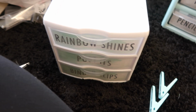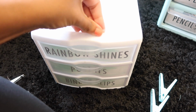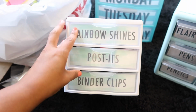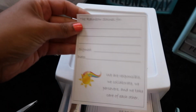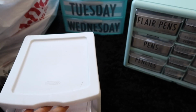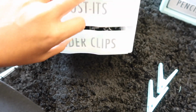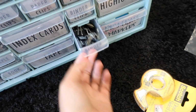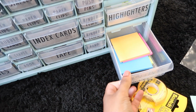Okay, I have the scraps up here so they didn't get all over my rug. I swapped out all of the labels on my teacher bins. So this one holds my Rainbow Shines, which is our school-wide incentive, and it holds my Post-it notes and my binder clips as well. I go through binder clips like water, so I have 2 there. My teacher toolbox, one's empty right now, but I have another one there. I switched all of these out. I don't know how I missed this one, but